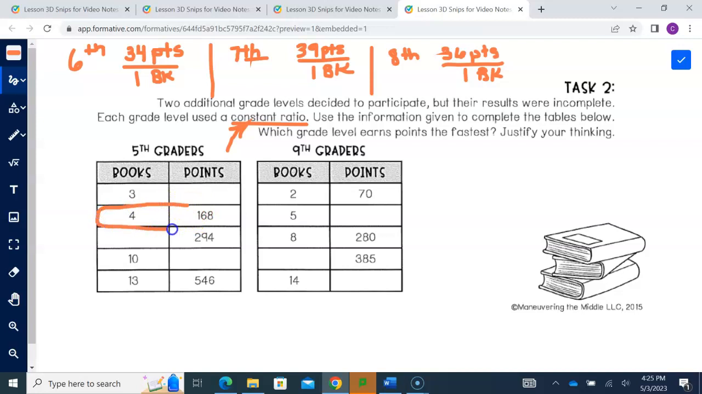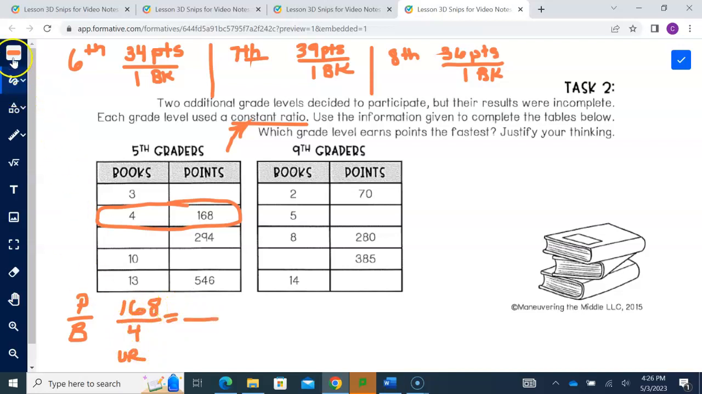They gave me two of the things we're comparing. Remember, we're comparing points to books, P to B. So we can take these 2 numbers and write that ratio, 168 points to 4 books. So there's the constant ratio. What I can do is find the unit rate, compute the unit rate, and see what that ratio is going to be. So that's one thing I could do. And what I would find